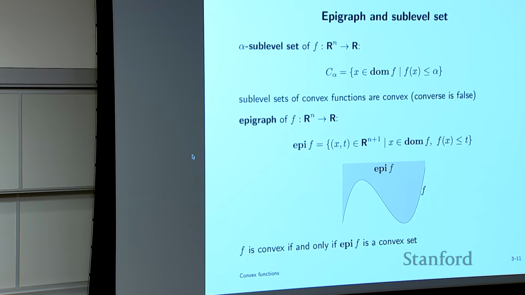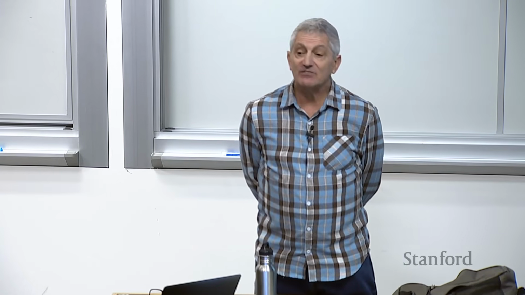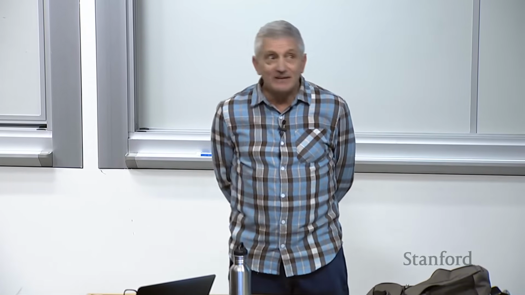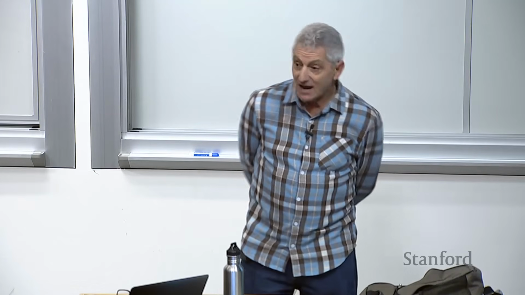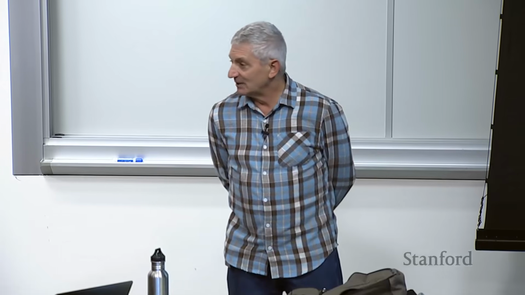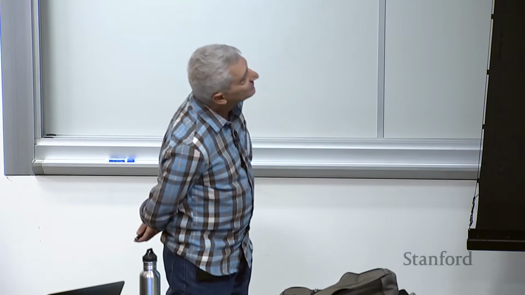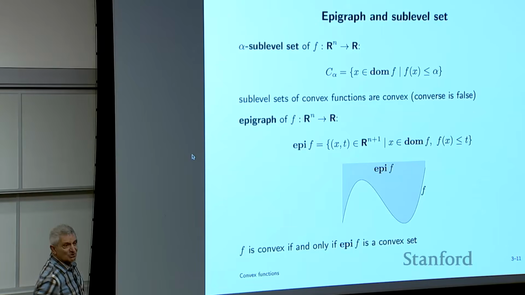So let me briefly mention the connection between convex sets and convex functions, because right now convexity applies to two things. You have convexity of a set and you have convexity of a function, right? And obviously people would not have used the same term if there was not a connection. The connection might not be quite what you think it is. Oh, by the way, we have concave functions. We don't have concave sets. No such thing. I mean, you could say that, but it would be weird. I'm not even sure what it would be, maybe the complement of a convex set. Actually, I don't know what it would be. So don't say that because it has no meaning.